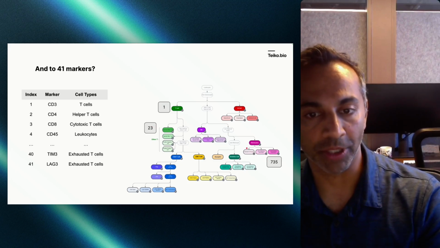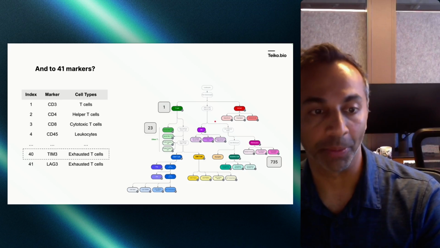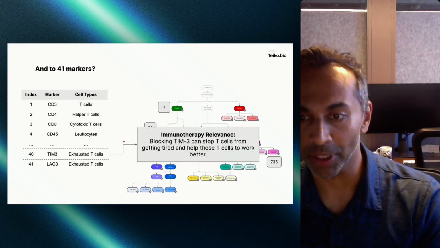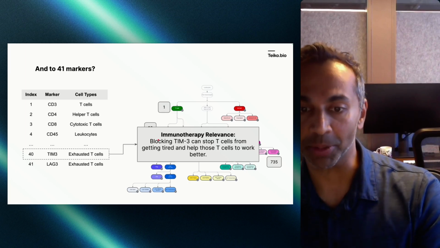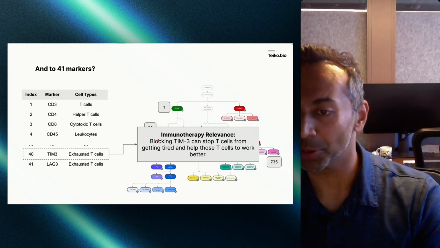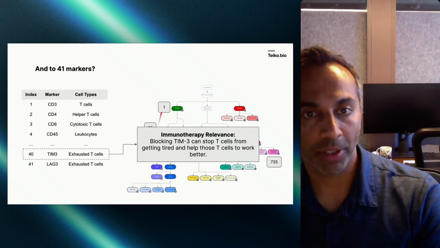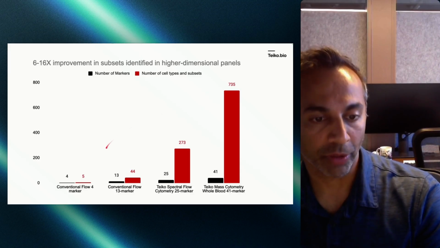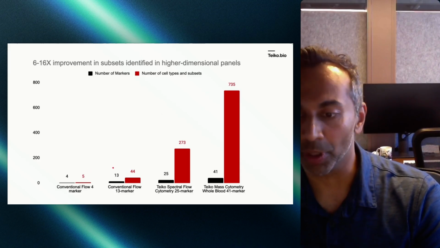And these new cell subtypes aren't just academic exercises. These are important cell types like potentially TIM3. And if you block TIM3, you can stop T cells from getting tired and help those T cells to work better. So this is the relevance for a drug developer as you go from 4 to 13 to 25 to